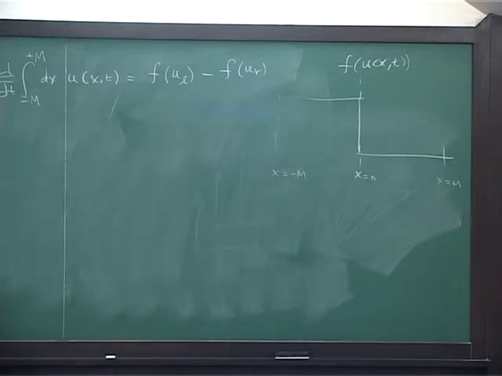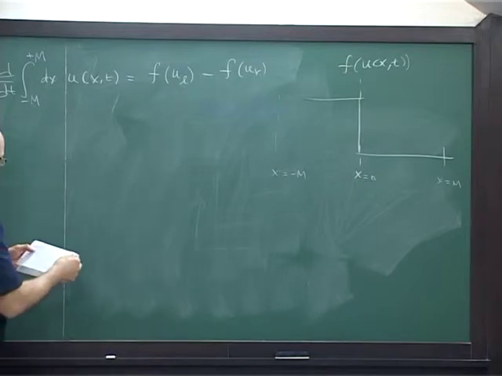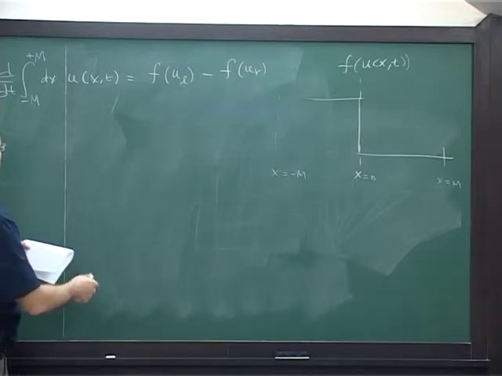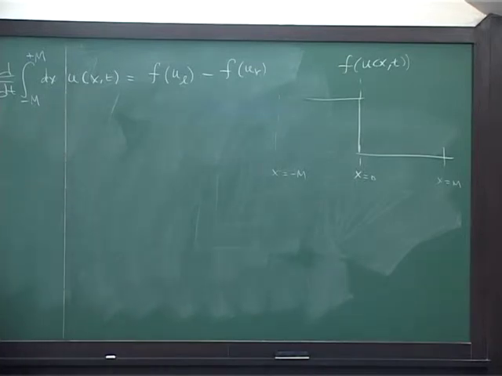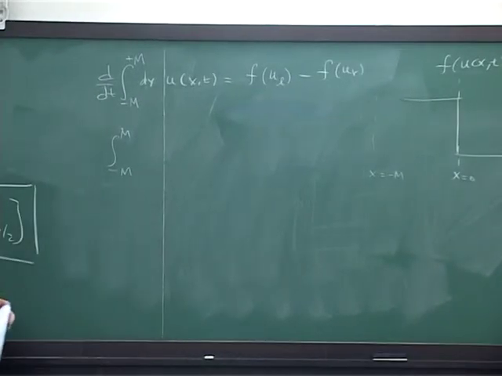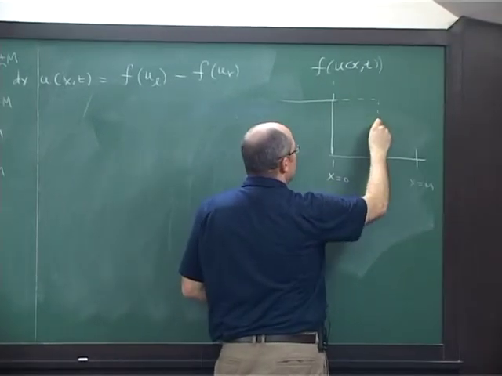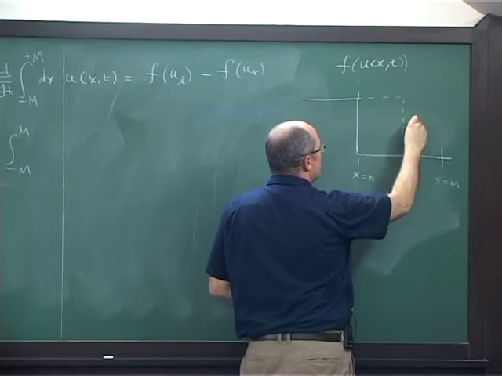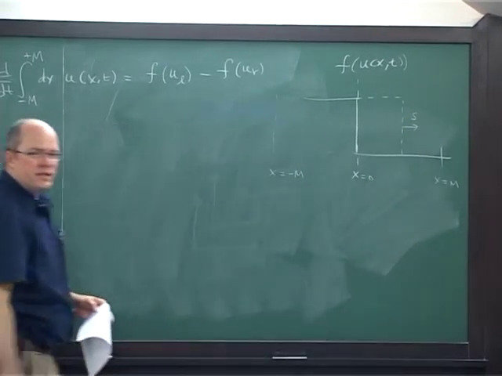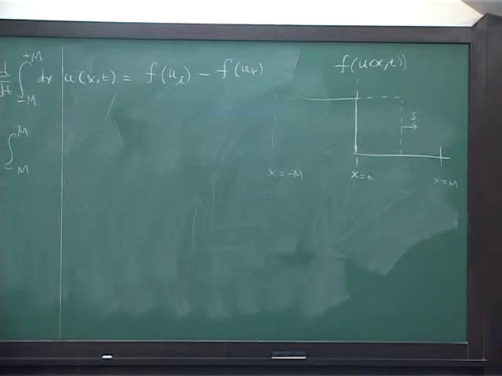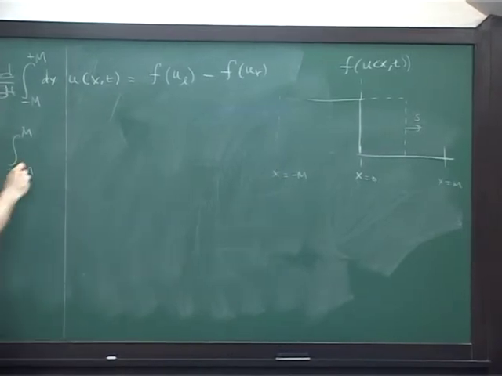Now I have this equation here, the conservation equation. I can also just go ahead and evaluate that integral because it's actually not hard. I assumed that at time t, this is the solution. It's traveling at some velocity s, which I don't know yet. And if I were to now do this integral,